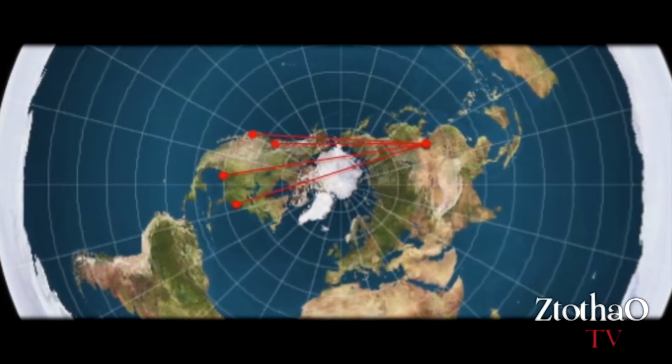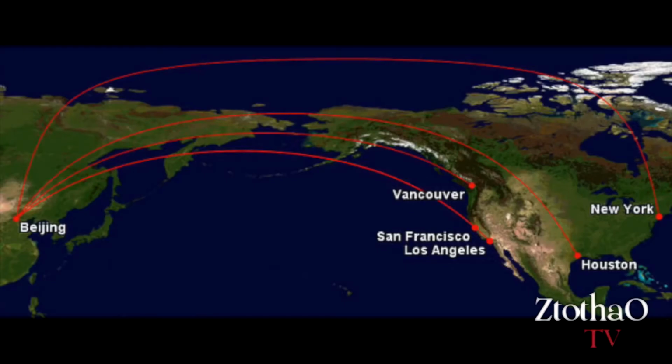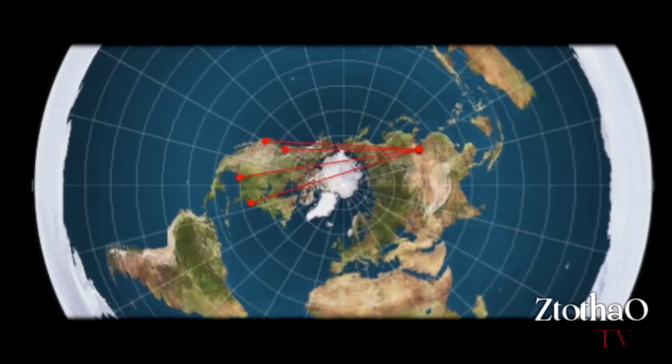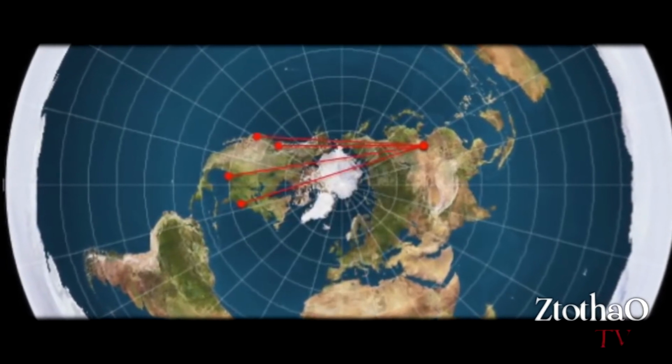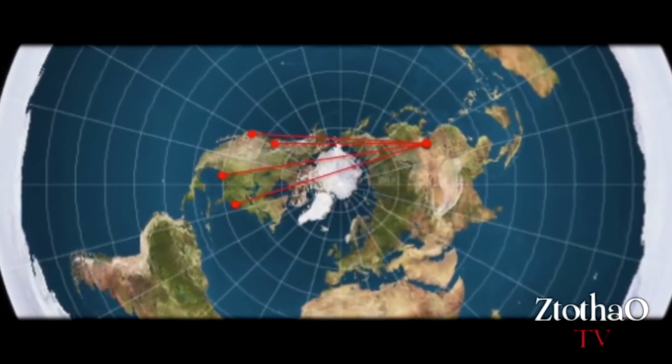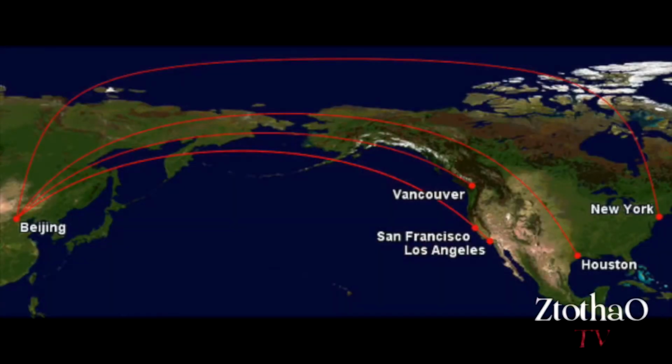And these airlines are not in the business of being inefficient. Now, when you look at the flight path from Beijing to New York, see how much higher it goes than these other curves, right? Is there more curvature? What's happening is they're going more over the North Pole. See, to go from Beijing to San Francisco, you don't technically have to go across the North Pole. That would be going out of your way. But to go from Beijing to New York, you're going to go much closer to the North Pole. So look at how they plot it on the square, or I should say rectangular Mercator map.